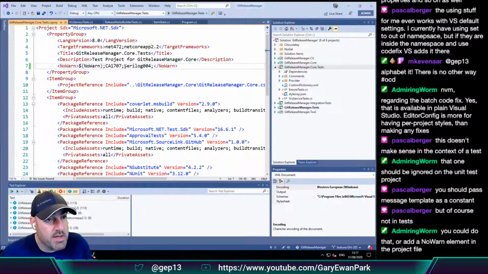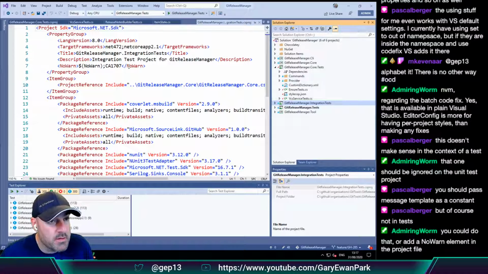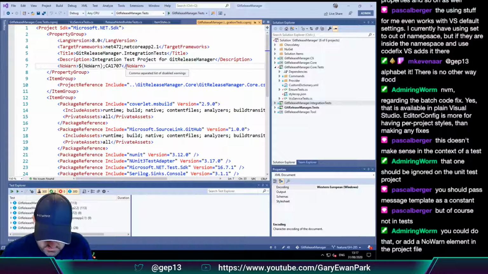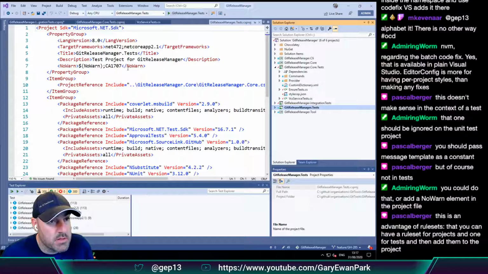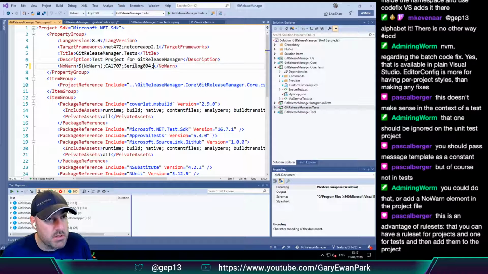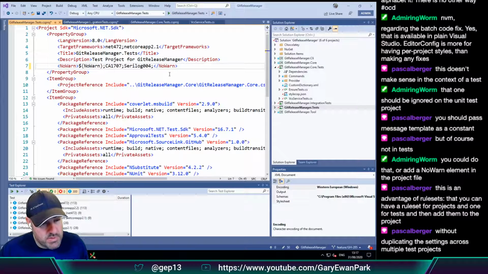And then if I grab that and copy it and go into this one, then we can put this in here, and then this in here. This is the advantage of rule sets, that you can have a rule set for projects and one for tests, and then add them to the project without duplicating the settings. Fair?